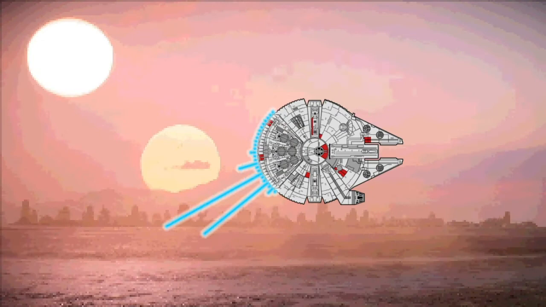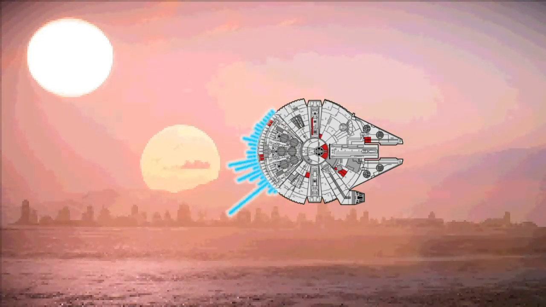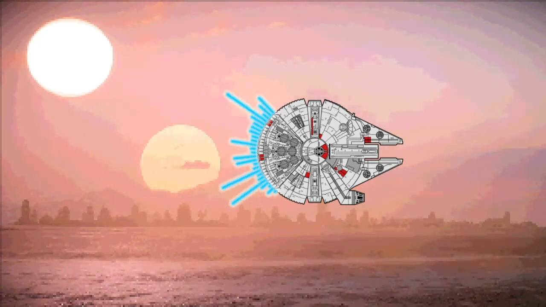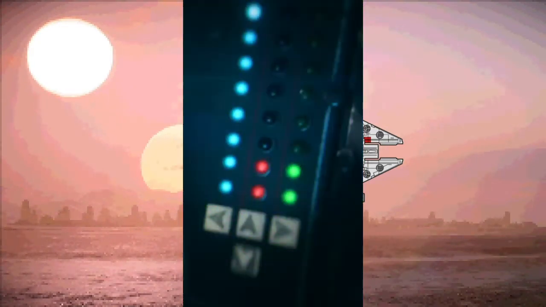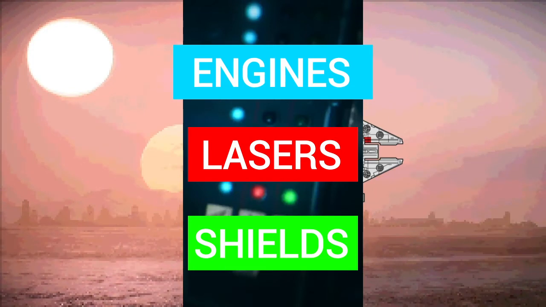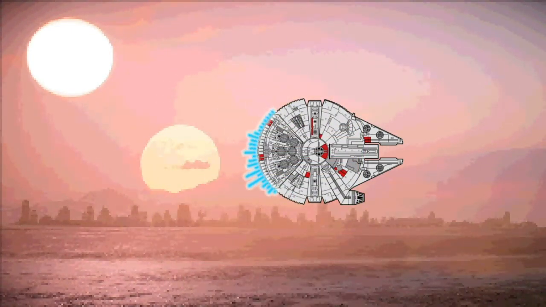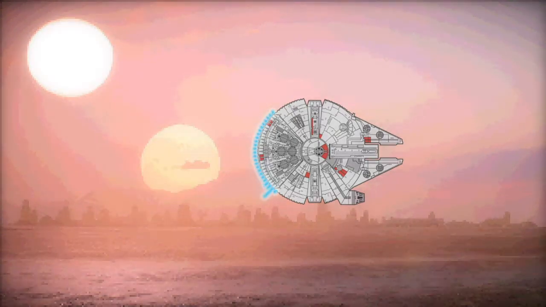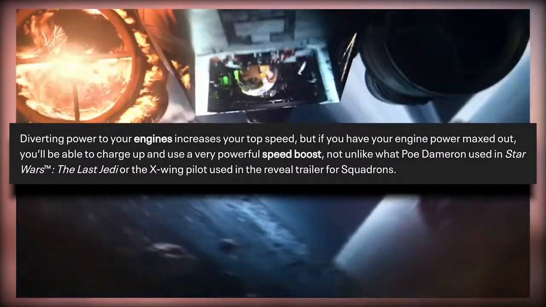Like I just said, one of the big things that they covered in this article is the power management system and what kind of bonuses you're going to get for each particular subsystem if you overload their ability. So obviously there are 3 different power management systems: engines, lasers, and shields, and for most of the time they say if you balance them out you're going to be in pretty good shape, but there will be times where you're going to want more power to your engines, or you're going to want more firepower, or want that extra shielding. Obviously, if you divert all your power to your engines, you're going to get a pretty powerful speed boost